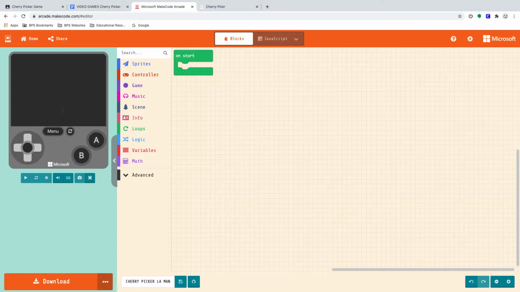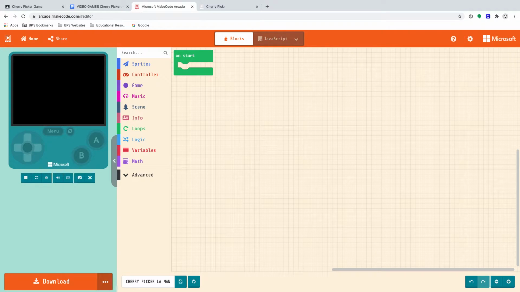And we're going to learn about how to make a sprite, how to set up the tile map, how to create cherries that are going to spawn, and how to create our character to move, and also a countdown. So first thing we're going to do is start the game. So in here, in the on start block, we need to get a title. Just like you get in a lot of video games, there is a title that tells you what you're going to play. So we go to game,